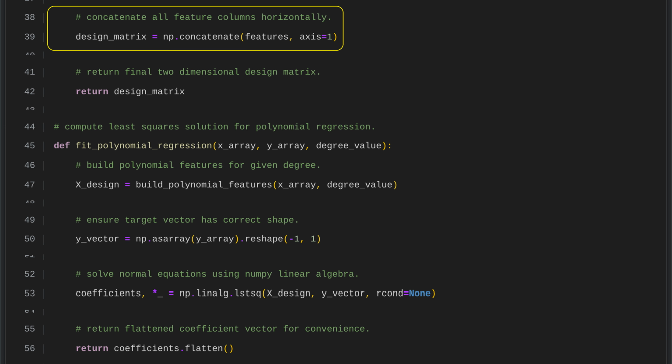The code builds a single design matrix by stacking all the feature columns side by side. Each column in this matrix corresponds to a different power of the original input feature. This structure lets the polynomial regression model use these powered features together to fit a more flexible curve to the